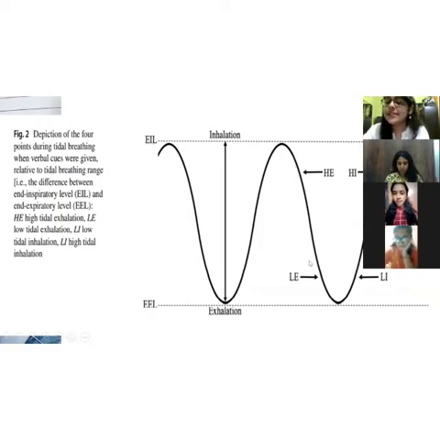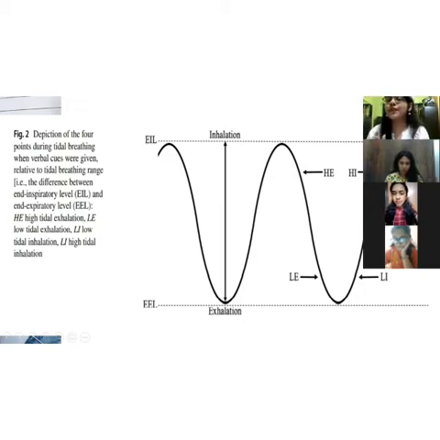My next phase is low exhalation. Here my lung volume is low and it's at the end of exhalation. Now, when my inspiration starts again, my lung volume will still be low as I've just started my inhalation. So it's low inhalation over here. And similarly, this will be my highest point, when I have inspired and the lung volume is high. So it is the high inhalation point.